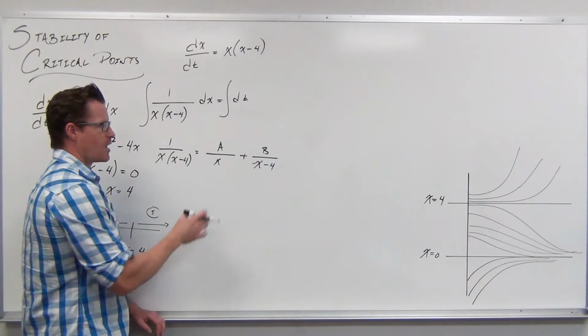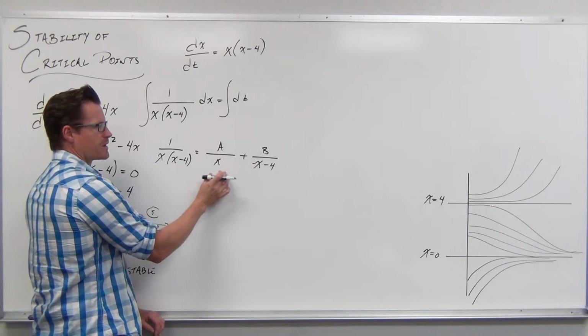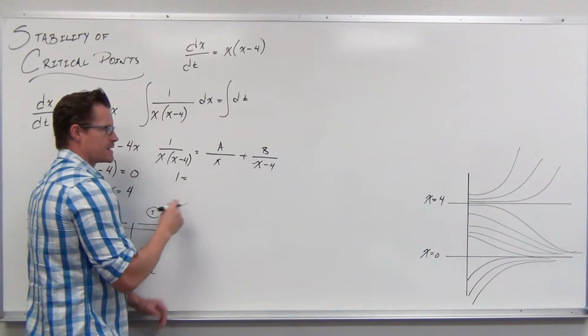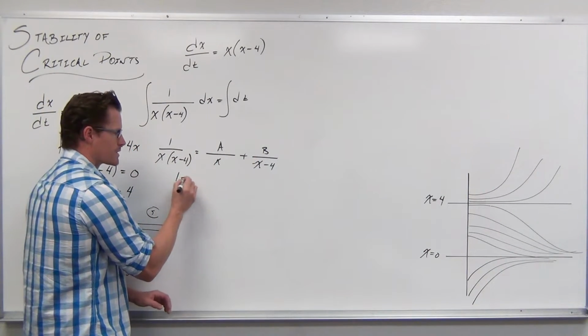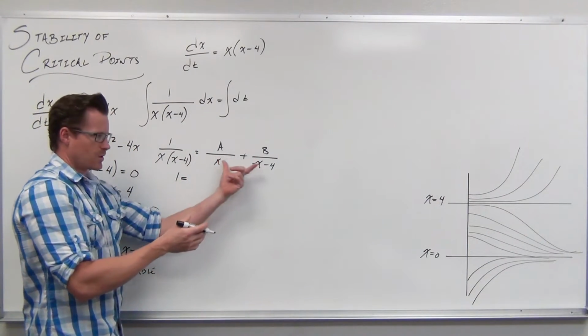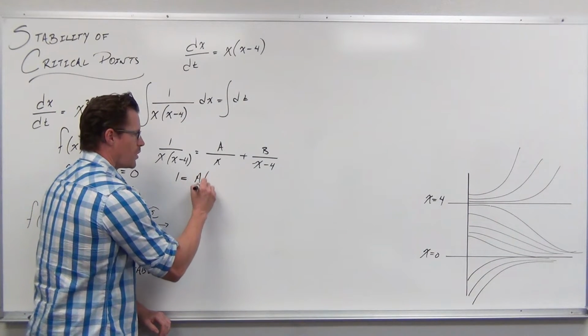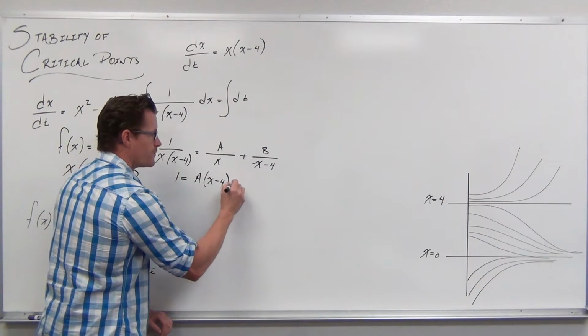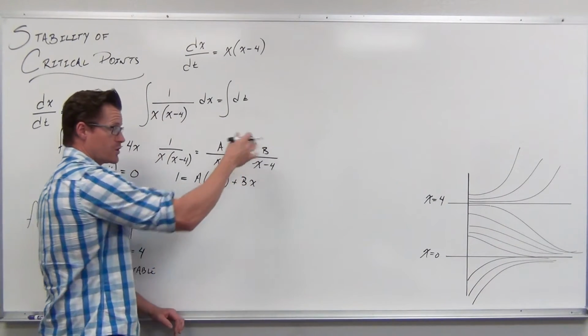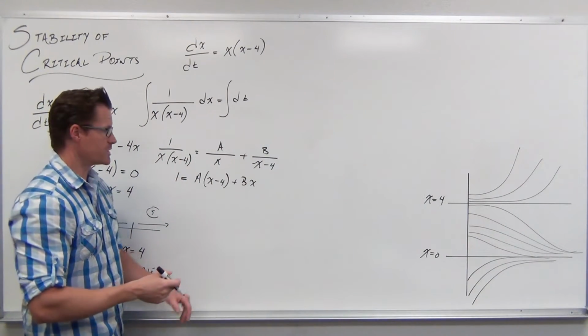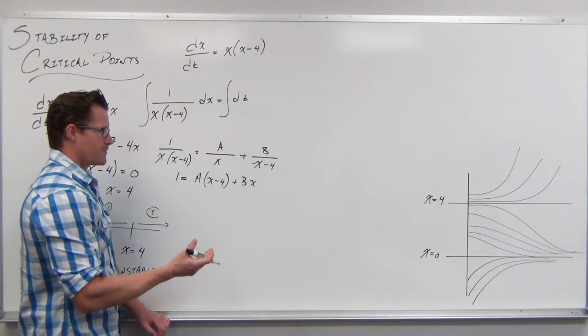numerator. We're getting a common denominator here, so we're going to multiply x minus 4 and x. And since we have an equation here with the same denominators, that's why we find a common denominator, our numerators would also have to be equal. And so when we find a common denominator and it alters our numerators, we just have to set our numerators equal. And we do some fancy stuff like, hey, what if